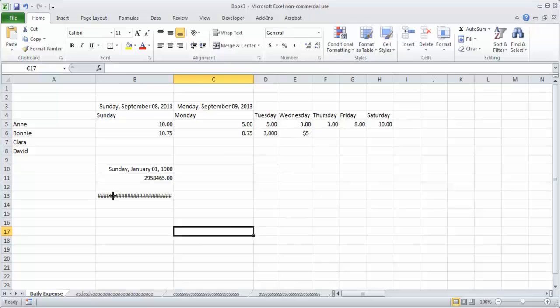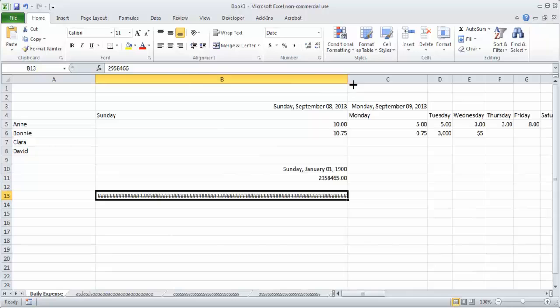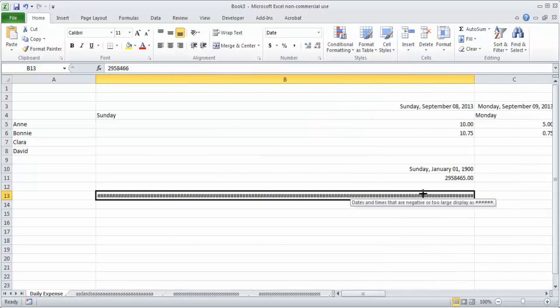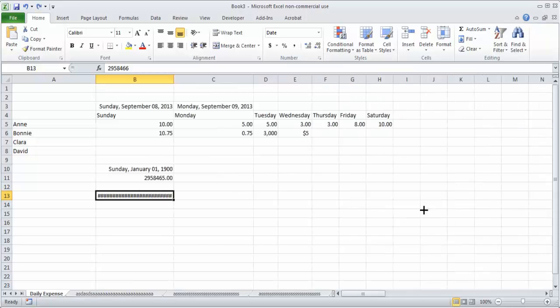You find that Excel shows hash. Earlier I said that this hash comes because the column width is not enough, but even if you extend the column width, you still get this hash. It is because this date is not possible at all.